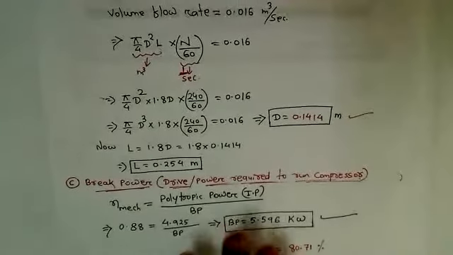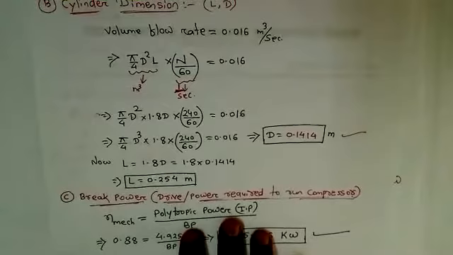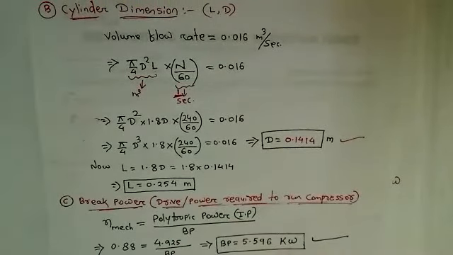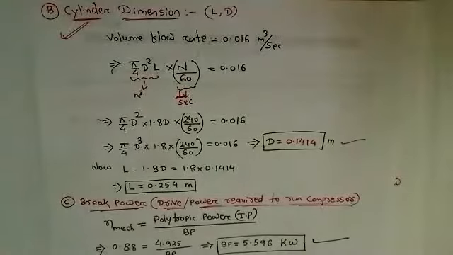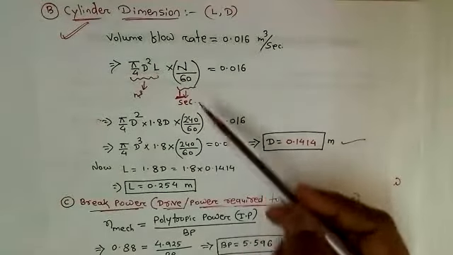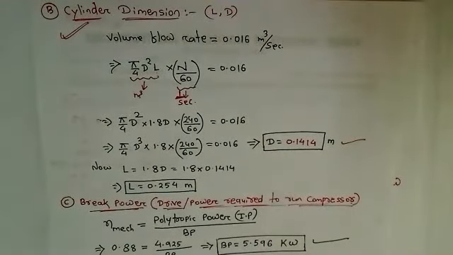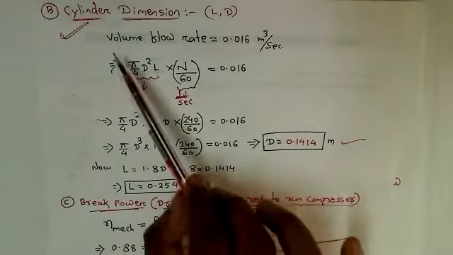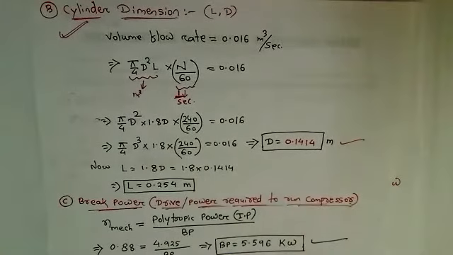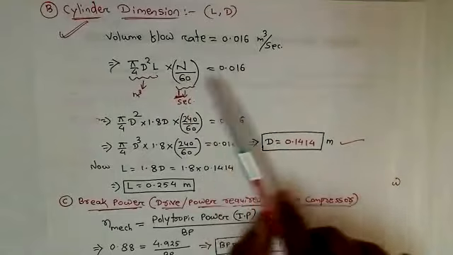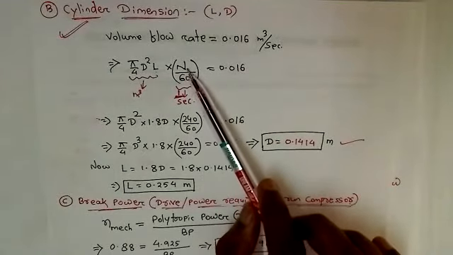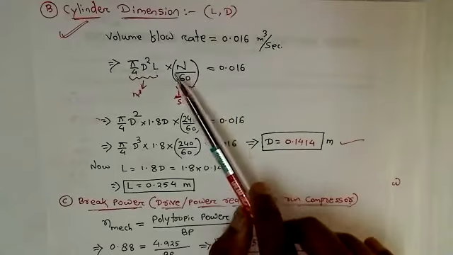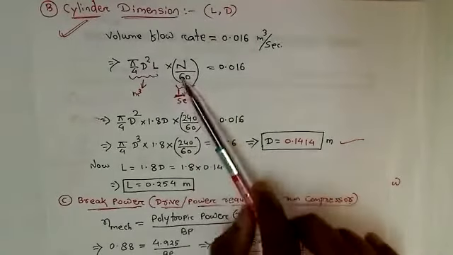So this will be a 10 marks or 15 marks question if it comes in the exam. This is the only tricky part, because we have not discussed this kind of part in the previous problem, meaning how to calculate the cylinder dimension. There is no separate formula. From the volume only we can calculate the cylinder dimension, and to take care of the units, I have multiplied n by 60 here to convert this volume into volume flow rate.